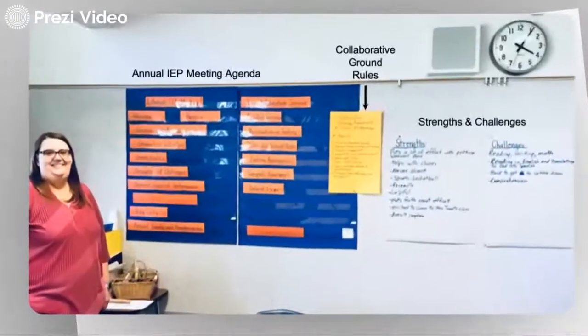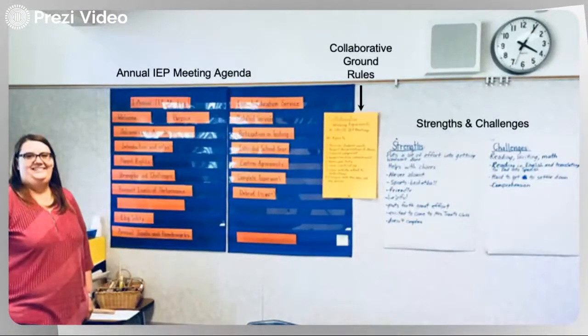Okay, here's tip number 3. Make the room comfortable. Here we have a teacher in her classroom where the IEP takes place. Hopefully we have adult-sized chairs, because teeny tiny chairs are hard to sit in for a long time. I know this as a school psychologist who practiced in the preschool department. But here we have the annual meeting agenda posted on the wall. We have the collaborative ground rules in the yellow poster, and we have the students' strengths and challenges where everybody can see it, especially if the table is right there next to all these posters.